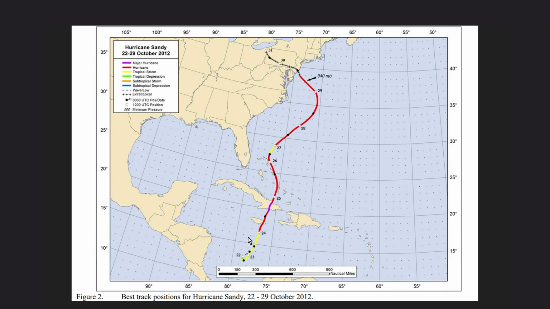Then it headed northward, and instead of going out into the North Atlantic at this point, Hurricane Sandy came back and then dissipated over the land. So as a quick recollection, we may remember that hurricanes or tropical cyclones are the severe storms found within the Atlantic Ocean, and they generally form over the warm waters located within the Atlantic Basin. These include the Atlantic Ocean, the Caribbean Sea, and the Gulf of Mexico.